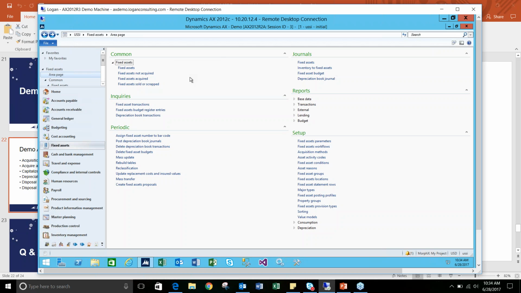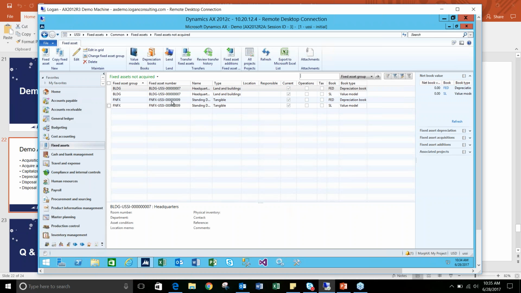So here we have the fixed asset module, and I have my different common areas right here. I'm actually going to go into my fixed assets not acquired yet. So these are all the assets I have not acquired. I have a building that I will use for the project. Then I also have this desk, a standing desk for the furniture. So what I want to do is acquire this